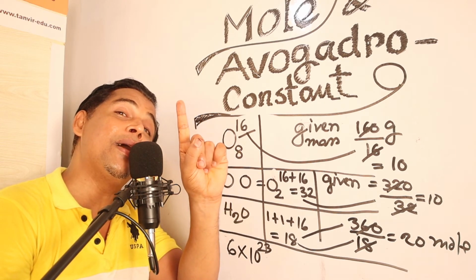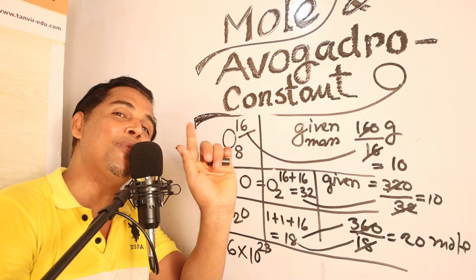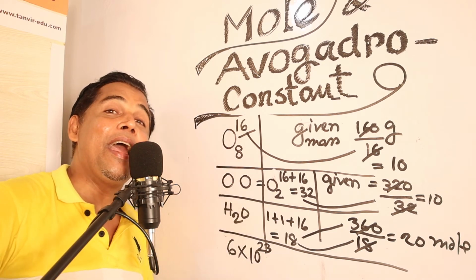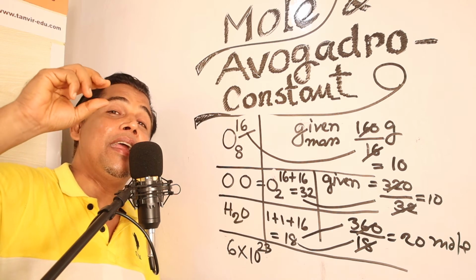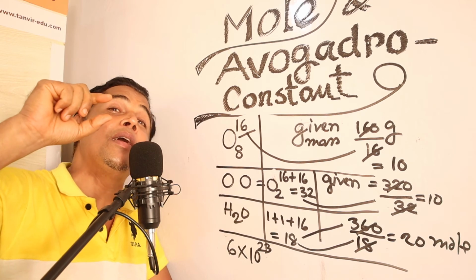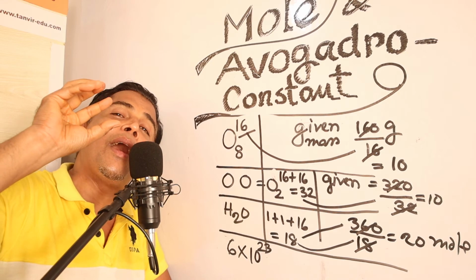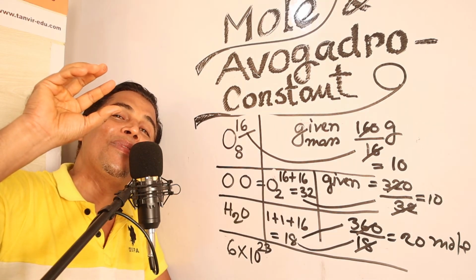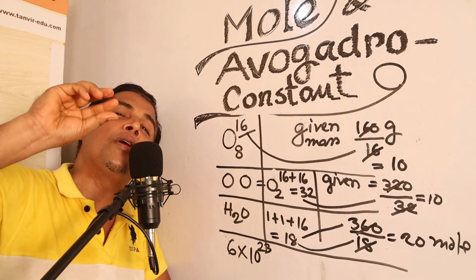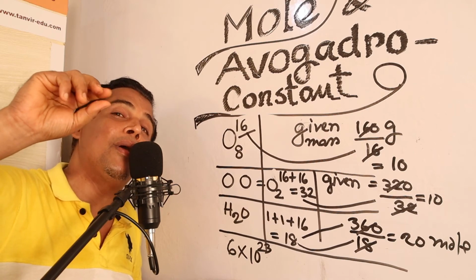This has been created by Mr. Avogadro. So what is the Avogadro constant? That is mole. Don't become confused. The idea created by Avogadro is called Avogadro's constant. Avogadro has told that in 1 unit of mole, mole is nothing but a counting unit like kg or dozen. In a big sector, kg, dozen. In the small sector, mole. In 1 mole, 6 into 10 to the power 23 number of molecules.